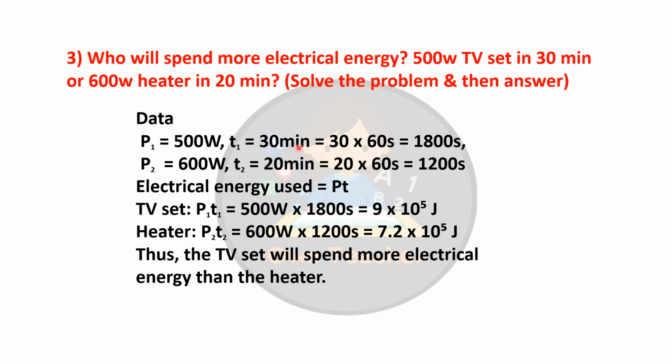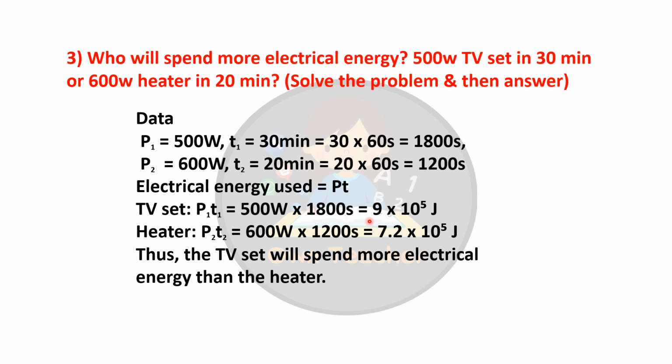We will convert it into seconds. 30 into 60, that is 1800 seconds. P2, that is the heater, is 600 watt and the time is given as 20 minutes. 20 into 60 is equal to 1200 seconds. Electrical energy used, that is P into T, for the TV set, P1 into T1, 500 watt into